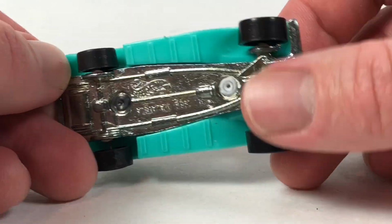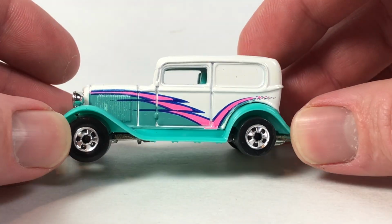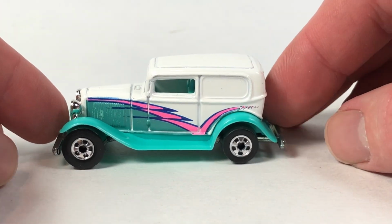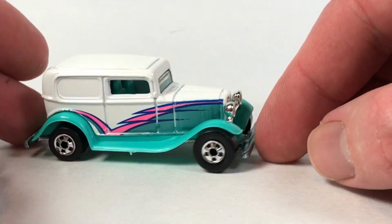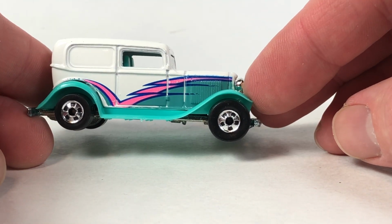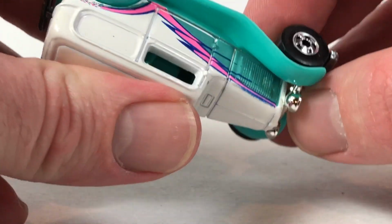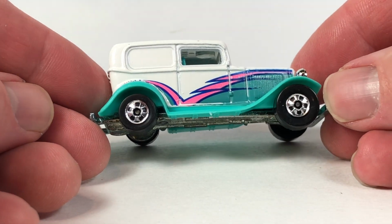I don't know if that makes this car incredibly valuable or not. Now that I opened it up and it wasn't a mint card, it's probably not that valuable, but wow. I didn't even realize it. I didn't really look it over that closely, and look at that. If anybody knows if this was a known variation or a known issue with this casting, that it came out with the wrong wheel in the front, or maybe this is actually how it's supposed to be, I highly doubt it, but